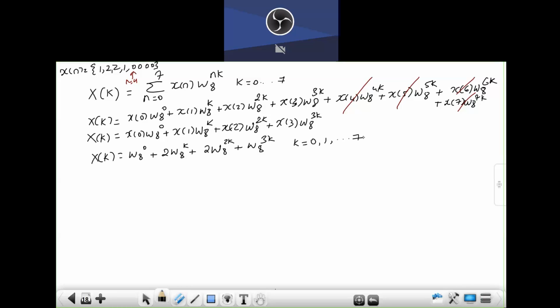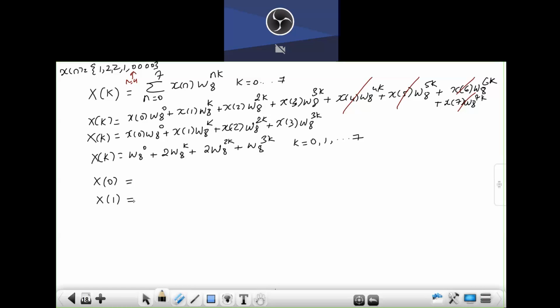So go on giving values for X of 0, X of 1. Calculate each of these. You have the W8 values. I want you all to substitute and tell me the answers. I'll ask anybody at random now. I've already done this, isn't it?